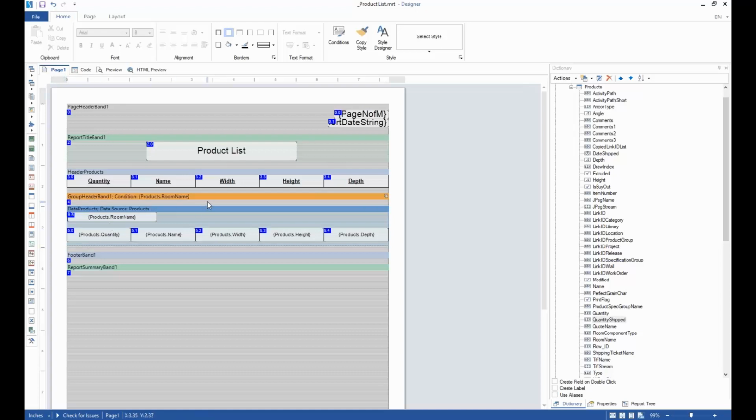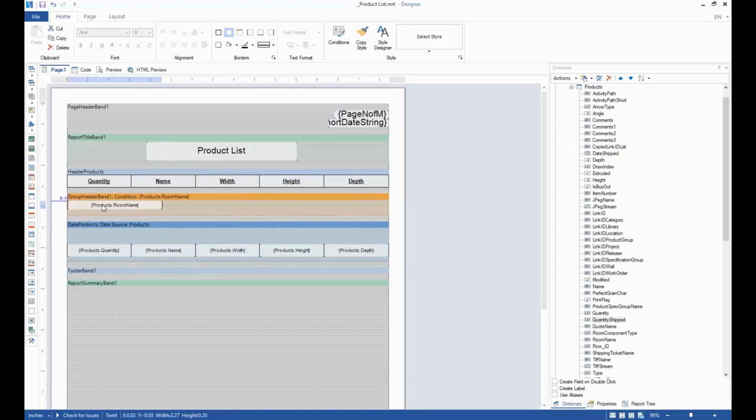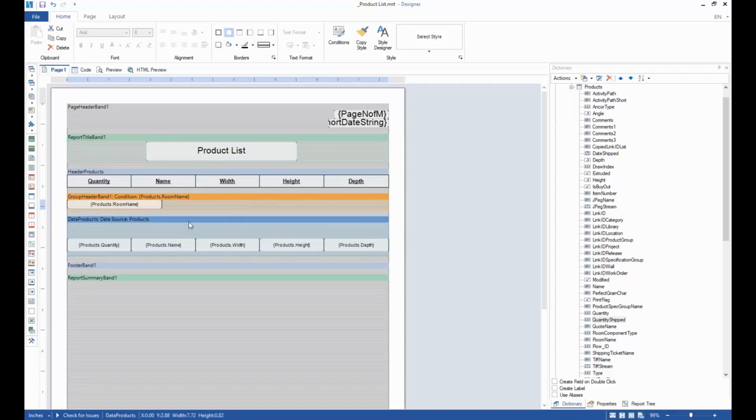One of the ways that you can do that is by setting the data that you're viewing onto the condition that you've set. What I mean by that is, instead of placing the product's room name on my product's data band, because that's going to cause it to print out the room name for each individual product, let me move this back over. There we go. I only want it to print out once whenever this grouping condition changes. So by placing that on my group header band, essentially what I'm saying is that as I'm looping through these rows,